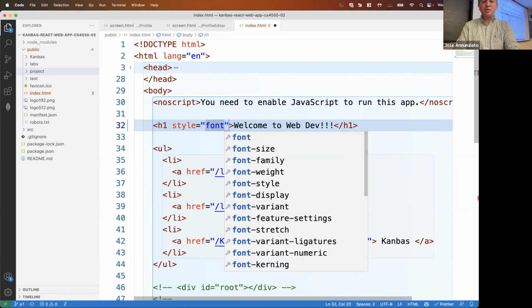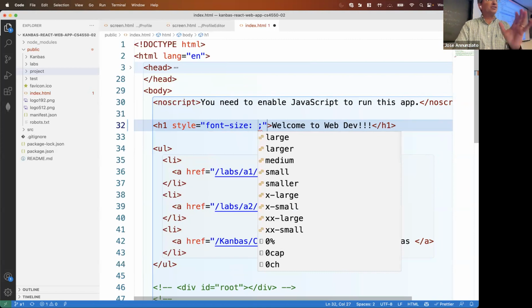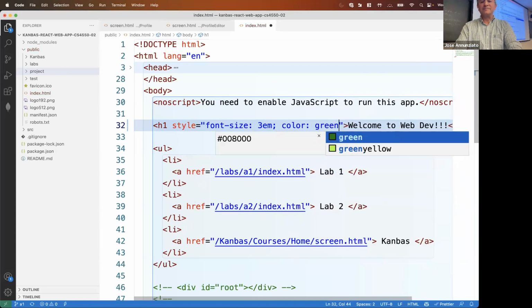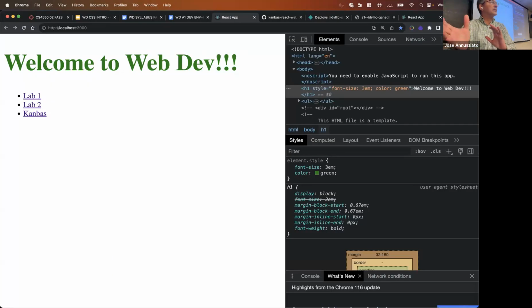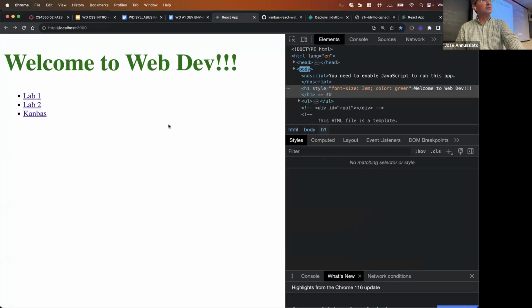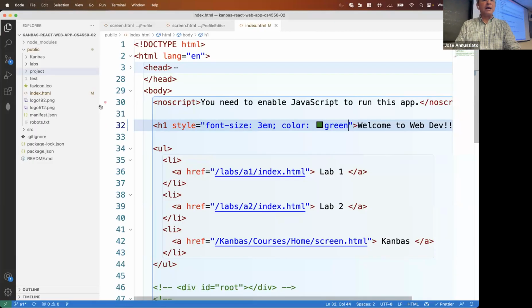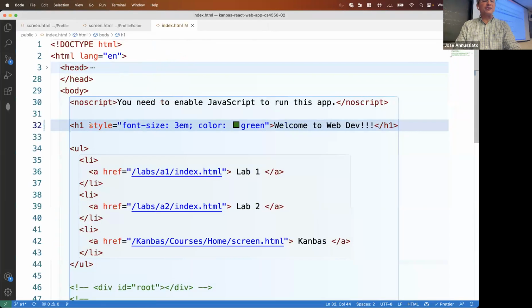I can say that I want the font size of this particular H1 element to be 3 times as big, and I want the color to be green. And now notice that it's permanent. If I refresh, it's always going to take that particular style. Everybody good? Now, you can certainly use this strategy of updating individual tags and overriding them using the